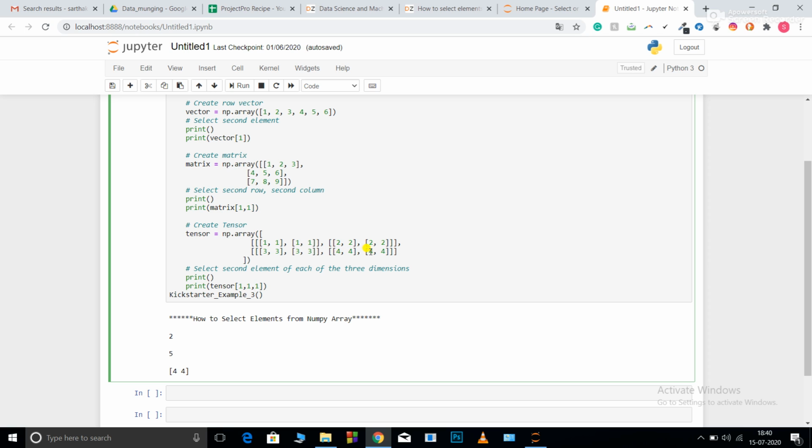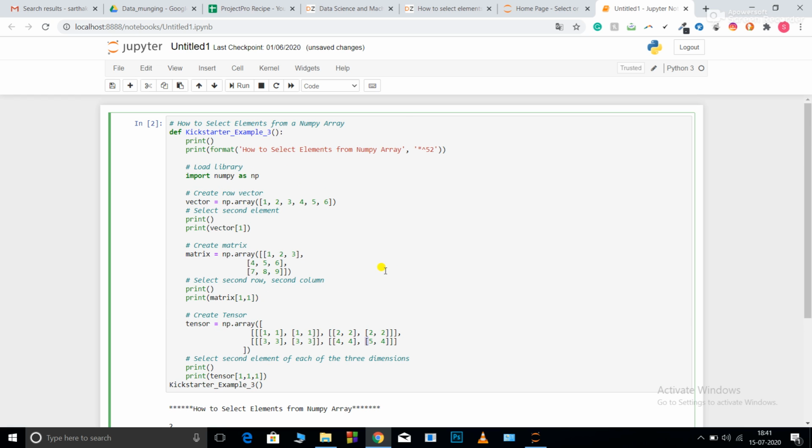Now as I've written the numbers the same, it's hard to understand. If I write 5, you can see how the value changes. So 1 means first go to this row, then in this go to this one. So this is 1, and after that go to this. So this is 1. So this was all about the code in this video.